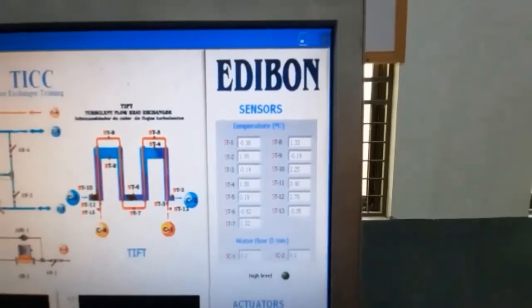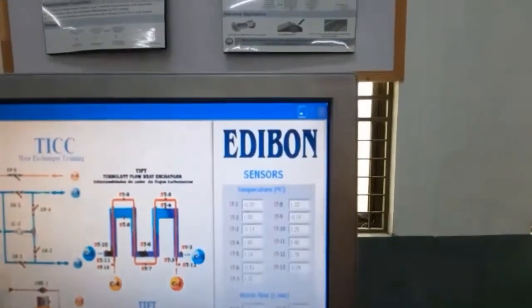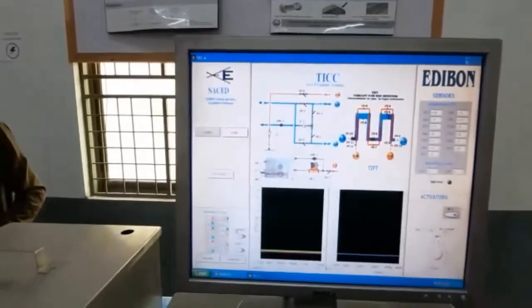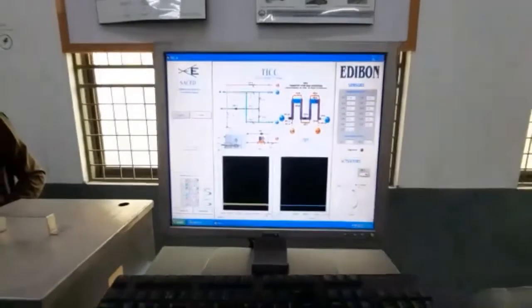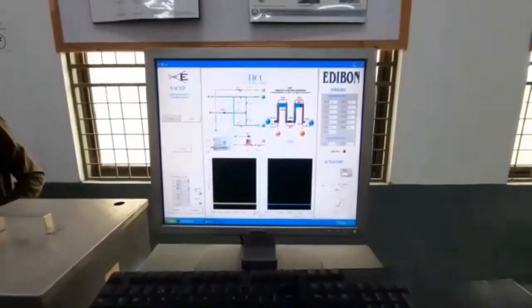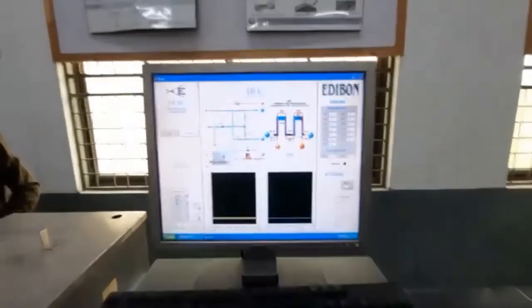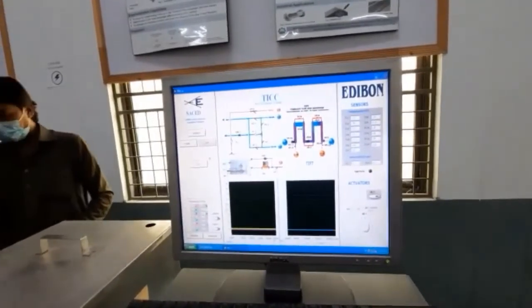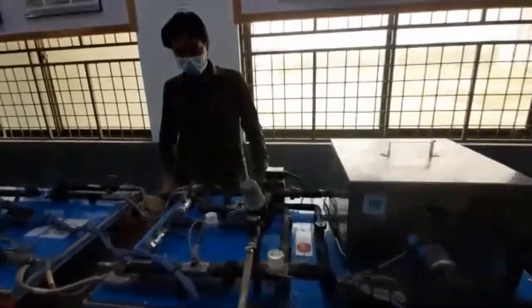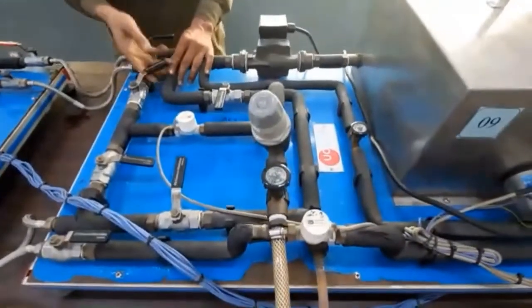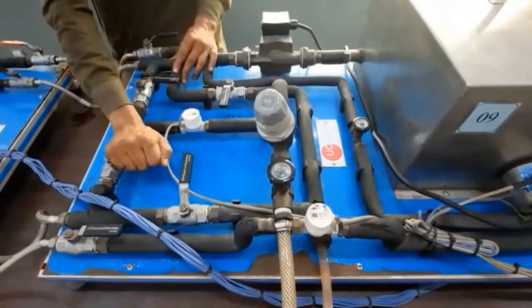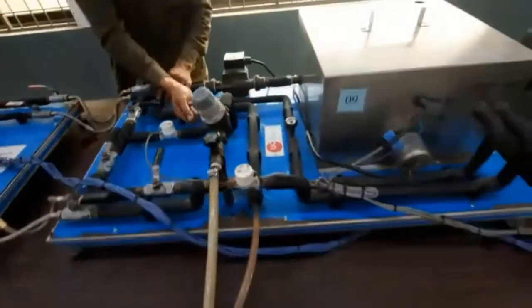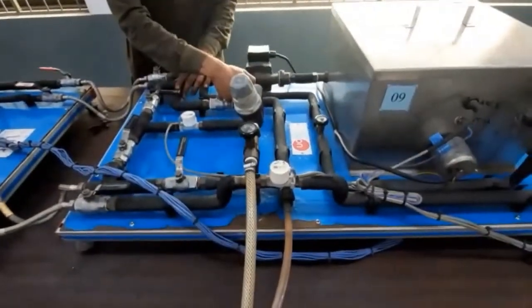from this computer unit, which is attached directly to the main console as well as the heat exchanger. So in this way we will get the values of temperatures. Now we can change the heater value of hot water temperature. For example, if the first reading we have taken at 40 degrees, we can take different readings at 50, 60 or 70 degrees. Now he is converting it to anti-parallel flow.